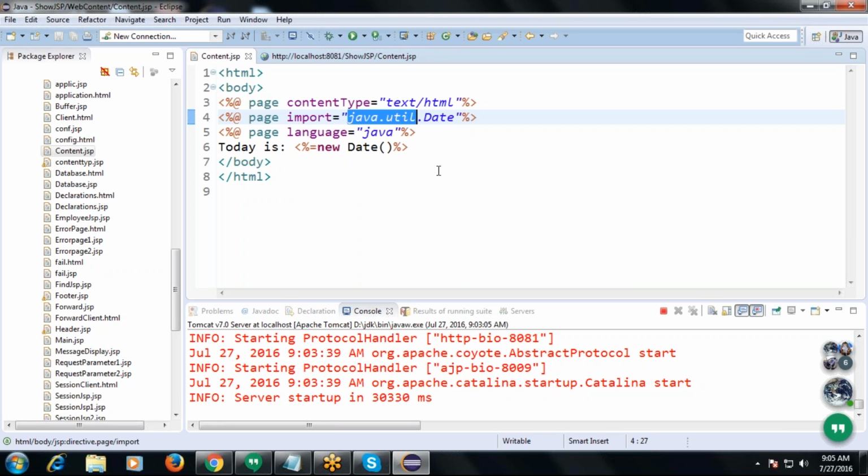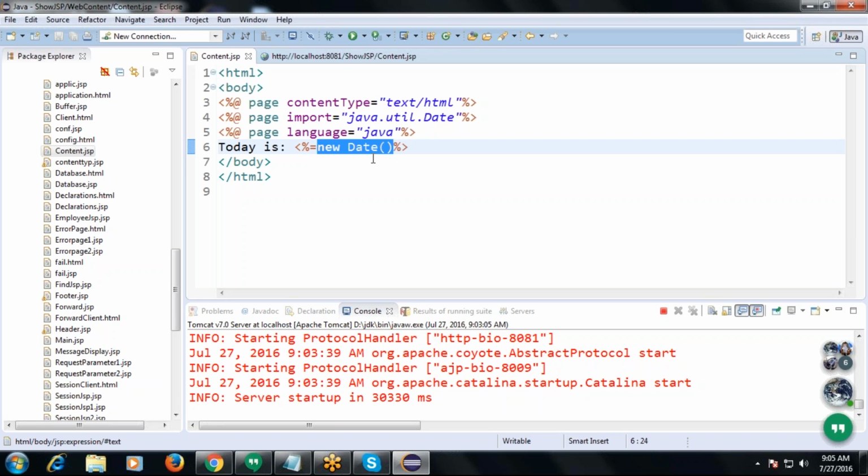What language is being represented here? Which language syntax did we use in between the scriptlet? Scriptlet means this one you see. Which class? See equals new Date, like this we have written.